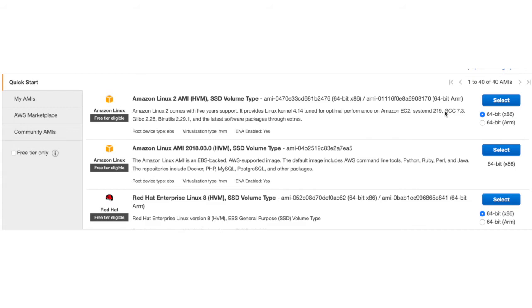Now before we move on to the demo, I just wanted to show you how the demo would look. We are going to launch an instance. It will ask you for the AMI. There are multiple options for you to get an AMI from. One is My AMIs, which I have already created, Marketplace, or a few which are already provided by Amazon. So we select any of these.